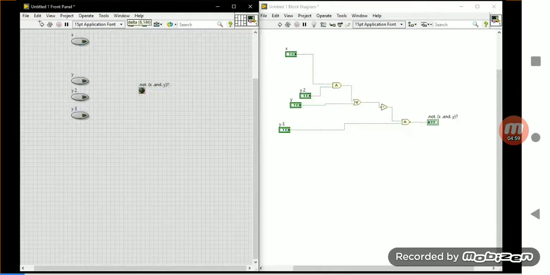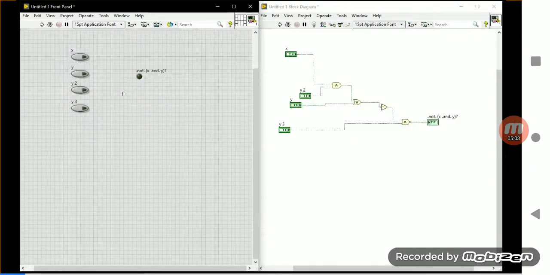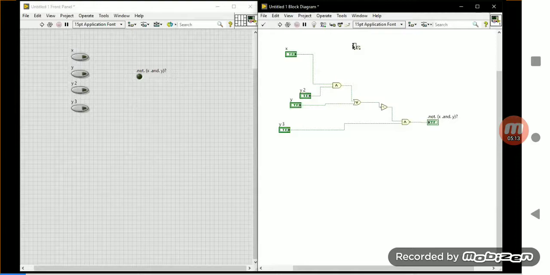What are the things you require to create a sub-VI? To create a sub-VI, what are the components you require? Two components are important.